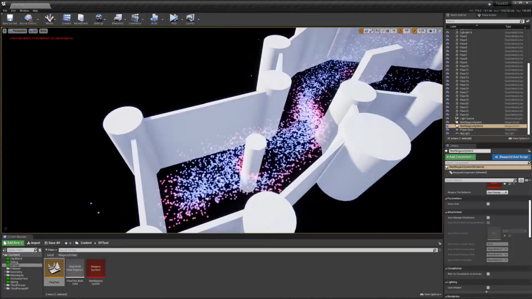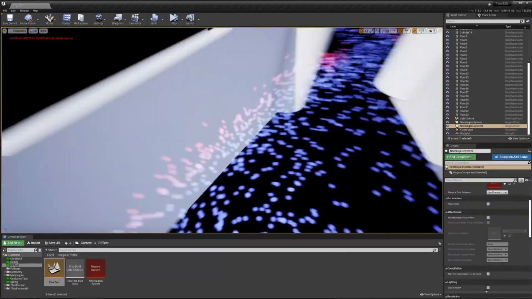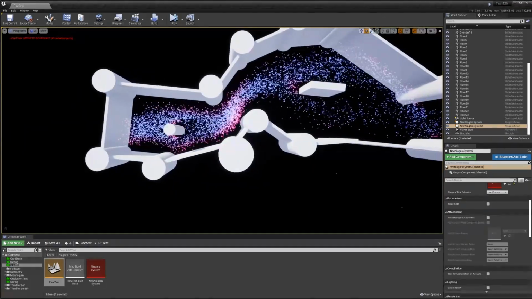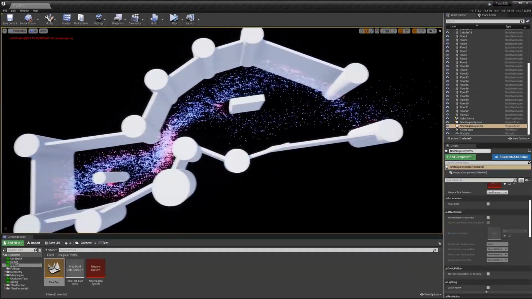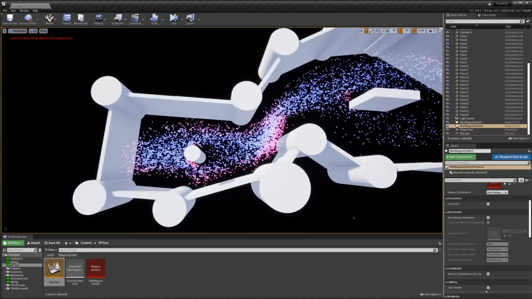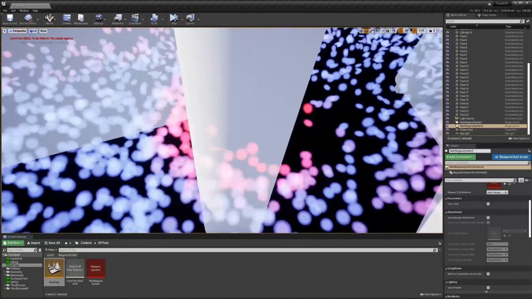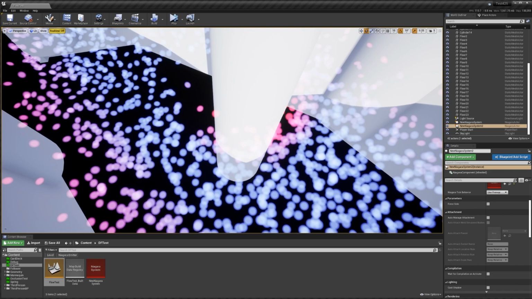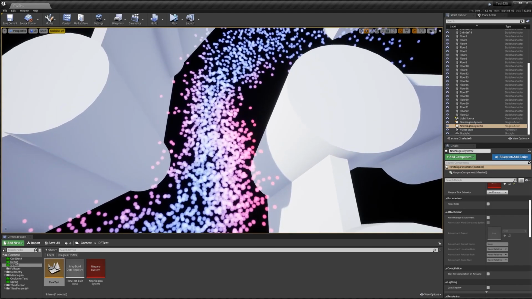Next, let's take a look at the distance field query. This is incredibly useful for figuring out how close particles are to surfaces in the environment. So here you can see in blue, these particles are just acting on their own. They're just following a standard force that's being applied to them. But the ones that are coming towards this pinky red, they're getting closer and closer to a distance field. So you can see over here, I'm just going to turn off real time for a second. Here you can see that as they get closer to this surface, they start to change color. And then I'm applying a different force to them.